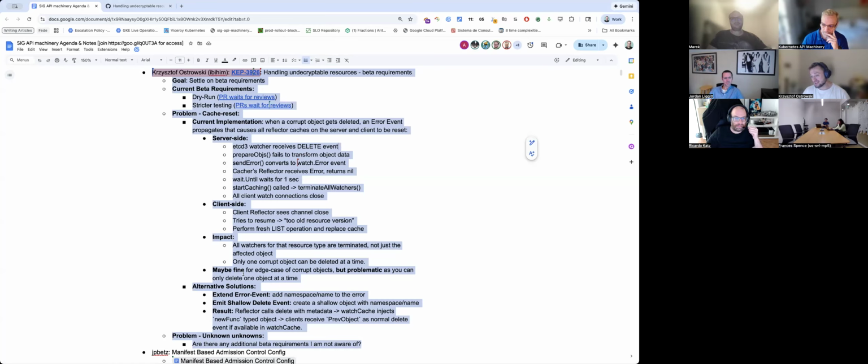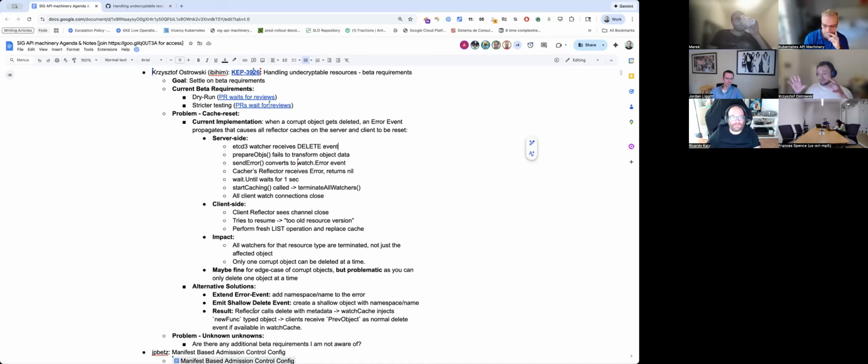Or we try to find another solution, and the solution would be that we take the information from the object that we have at hand and somehow encode it and pass it down. So the etcd3 watcher could basically add namespace and name to the error, or we could have some shallow delete event for that. And then we would instruct the reflector to, based on that data, transform. Because currently what's happening is the etcd3 watcher, when it receives the delete event and it can't